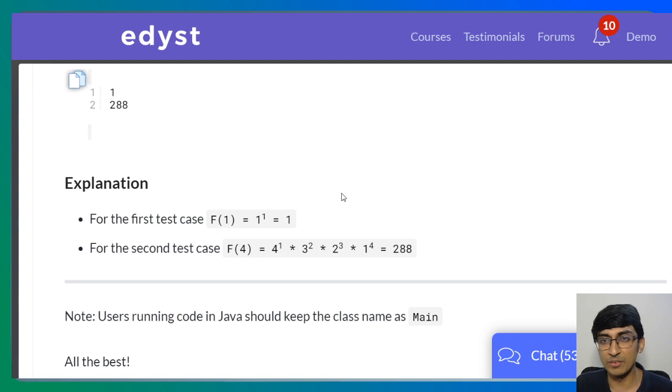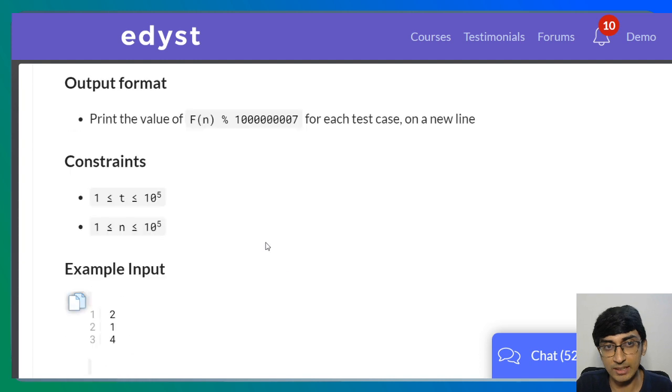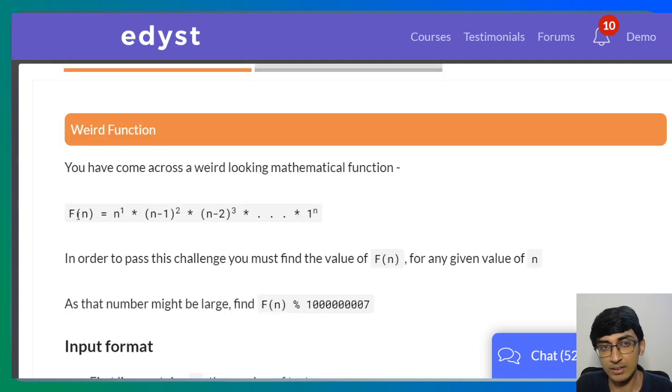Now, whenever we talk about dynamic programming, what people try to say is, take the previous value and then do something with that in the next value. Except that I don't think you can apply that directly over here, simply because this is not a recurrence relation. That is, f of n is given as n something, but you're not given how f of n relates to f of n minus 1. We could probably derive one, but it's not given. So it's not very obvious all of a sudden whether it's a DP question or not. DP is short for dynamic programming.